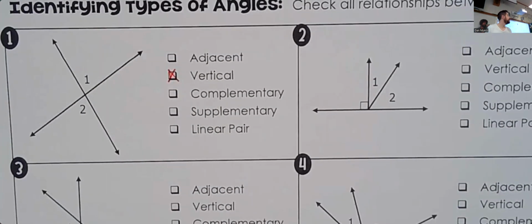Complementary. Complementary means that they add up to equal 90 degrees. Do we have any information on angle measurements here? No. Okay. So we cannot say complementary, nor can we say supplementary. Now, if these two happened to be adjacent to one another, if they were next to each other, we could say,